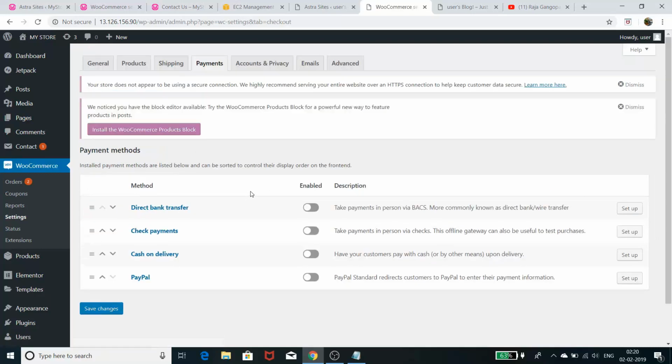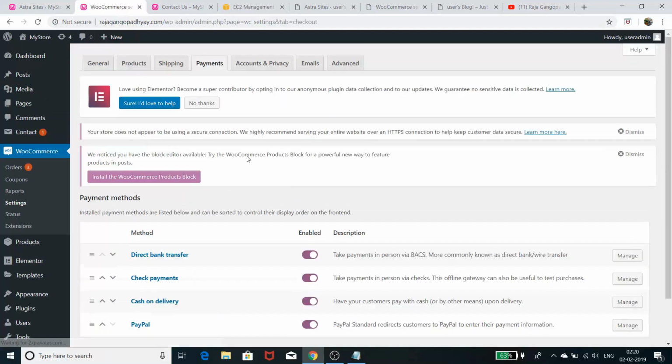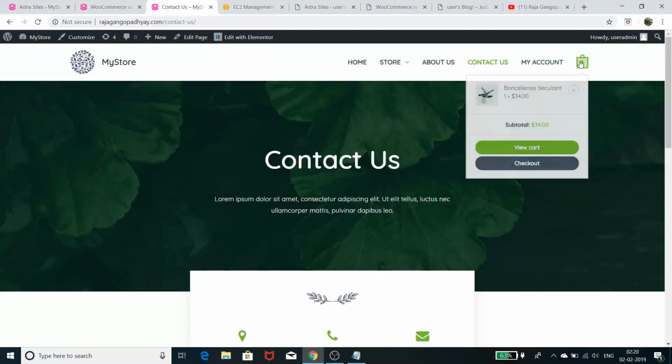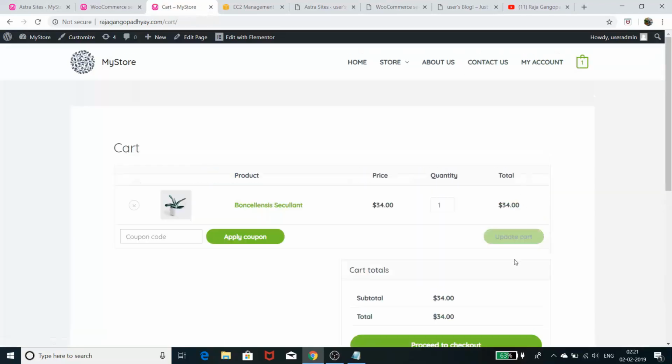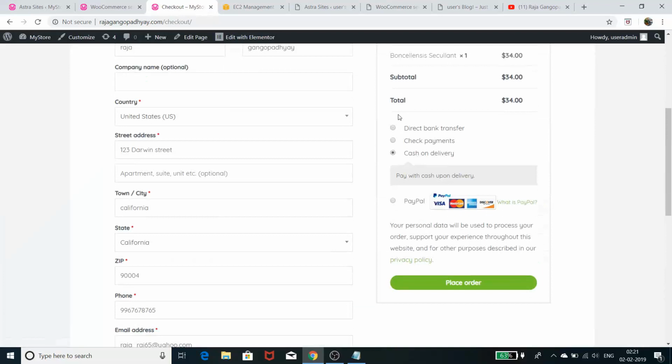Payments, as I said, you can go with actually any payment. In the previous site which I was showing you, if you go to the payment tab, you see that I have all the payment options enabled. So it gave me all the payment options when I was trying to check out. If I go and check out here, it gives me all the payment options at checkout. But here